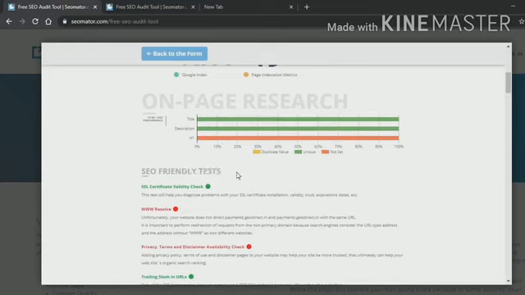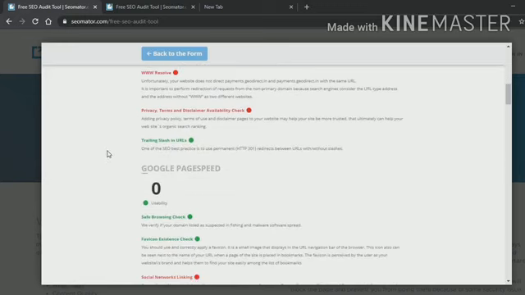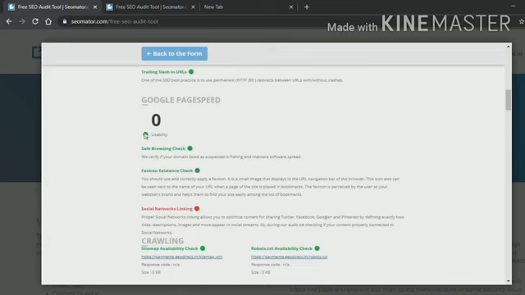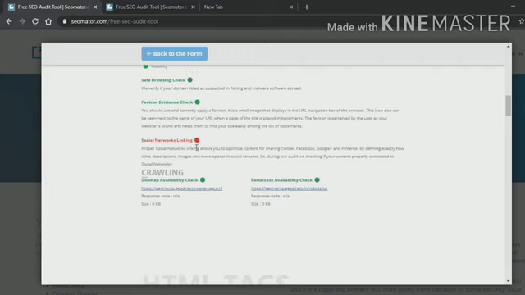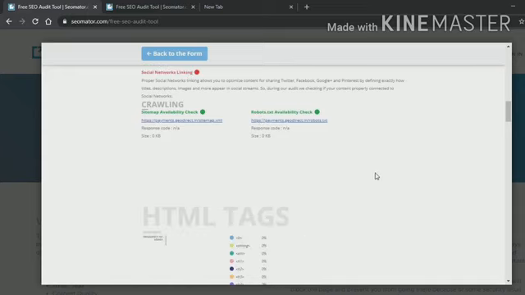Then secure, it shows us the SEO friendly test which contains SSL certificate, www resolve, privacy, terms and disclaimer. Then trailing slash in URLs, Google page speed, usability, safe browsing check, favicon existence check, social network linking and crawling of the website with sitemap availability check and robots.txt availability checks.